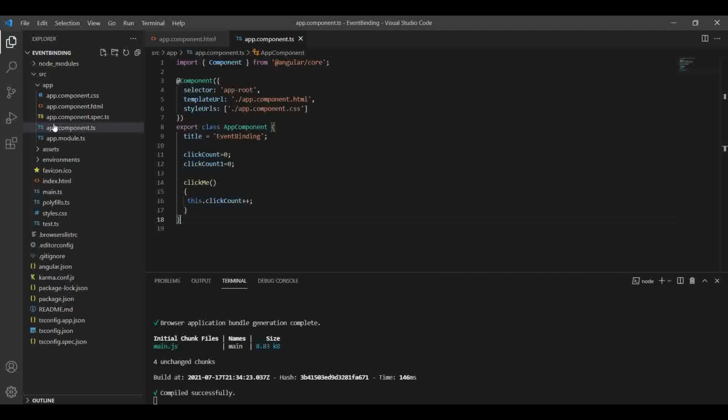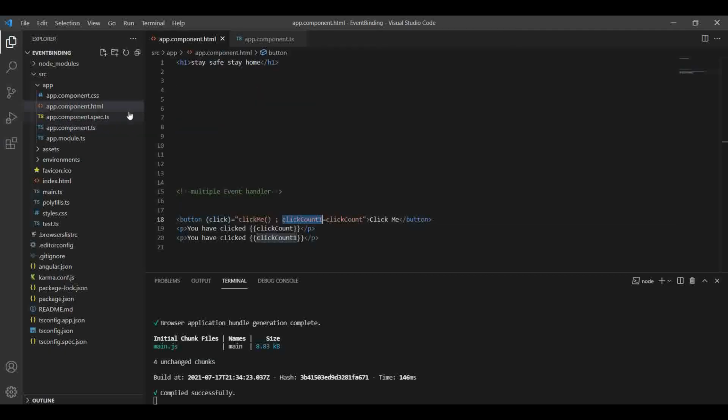If I want to append one more event to the same event, I copy the same thing and use a semicolon to separate the third event, and here I write count 3, copy and paste, and save it.